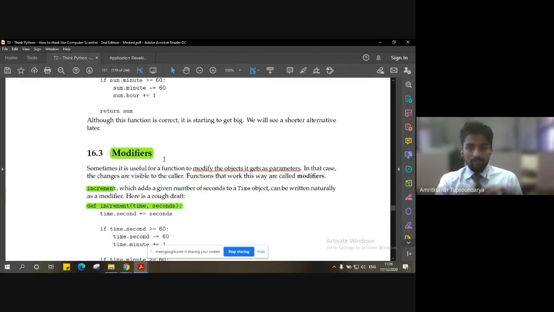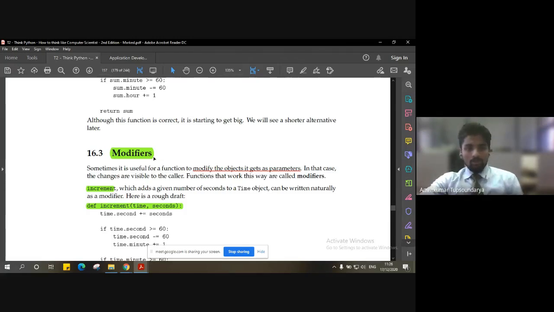Which is, let's say, T1 and T2, start time or duration time. So whatever parameter that we receive, the modifiers modify that parameter and make it suitable according to the need of the program, and then produce the output, right? So that's why they are called the modifiers.